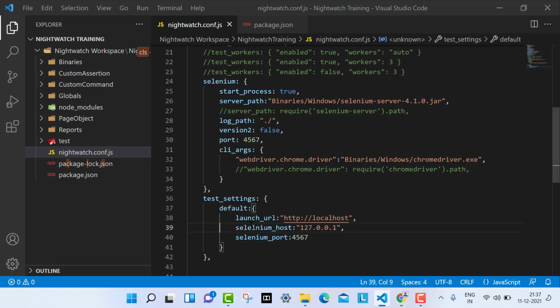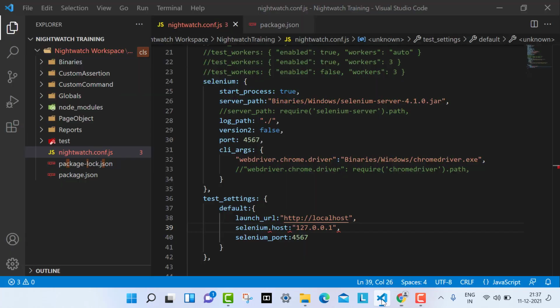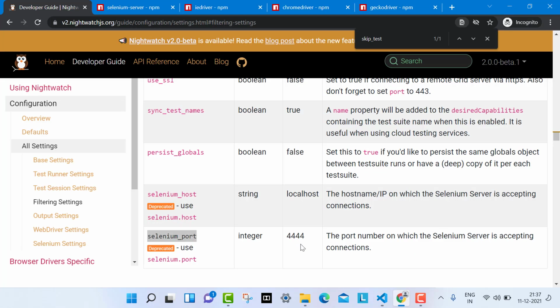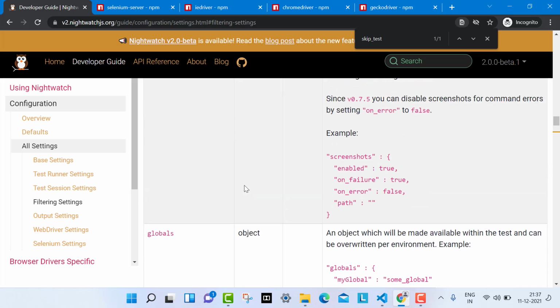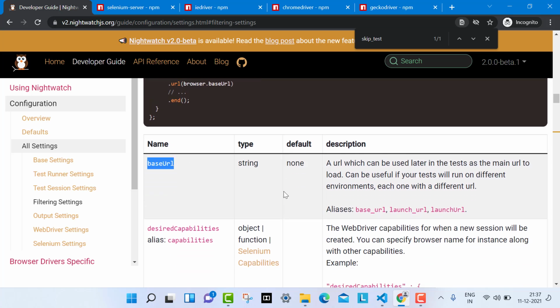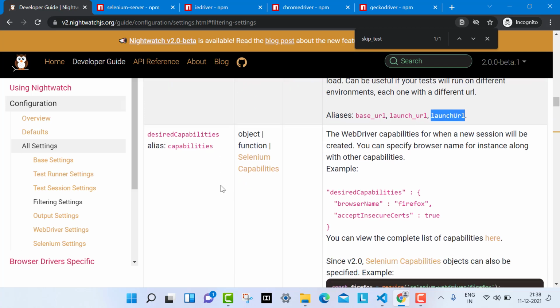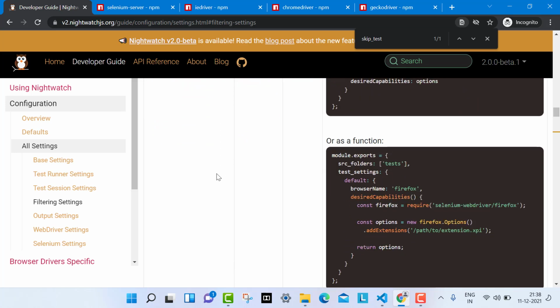So in place of Selenium underscore host, I have to use Selenium dot host, and the same for Selenium dot port. Let me change it. Also, if you have seen the launch URL, you can use base URL also, and the aliases are base underscore URL, launch underscore URL, or launch URL. These are all the same.